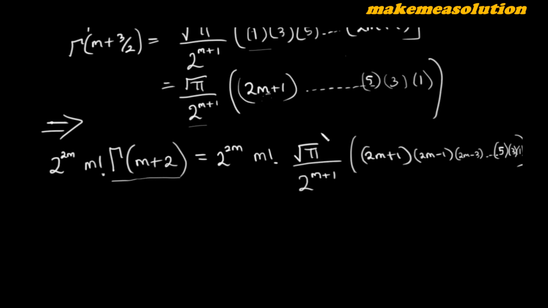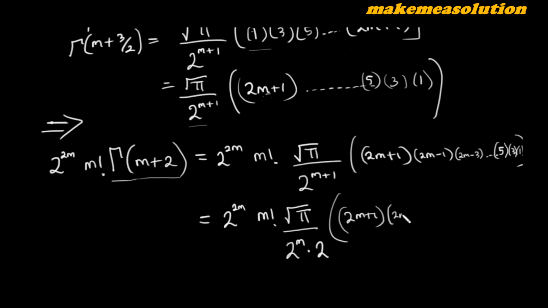So what will this reduce to? This is still the same thing as you having now. These two can actually interact with each other. It will be 2 to the 2m, and you now have m factorial, you now have root pi, and all over. If you separate this one, you have 2 to the m dot 2, from law of indices. Then we now have our 2m plus 1, 2m minus 1, and so on and so forth, down to 5, down to 3, and down to 1. Okay, so from law of indices, these two will actually cancel out, and you'll be left with